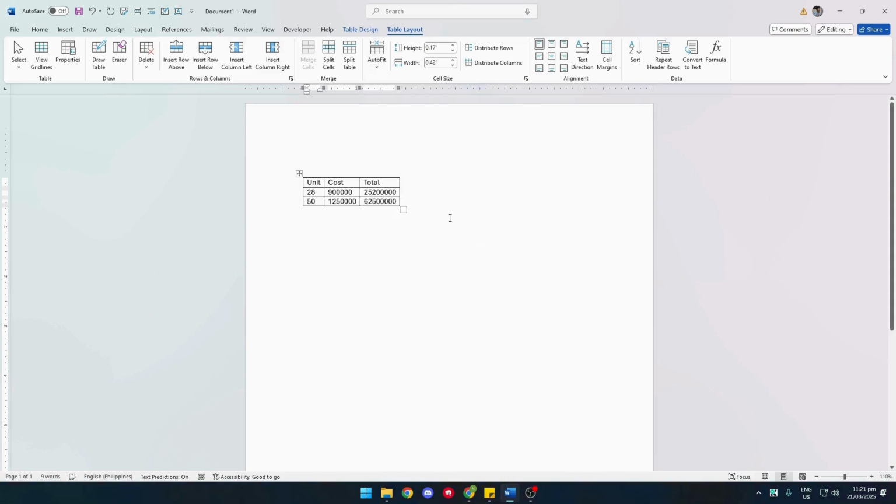And as you can see, your table columns or even table rows will automatically be adjusted to fit around the